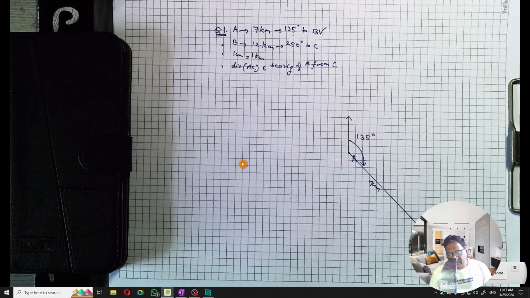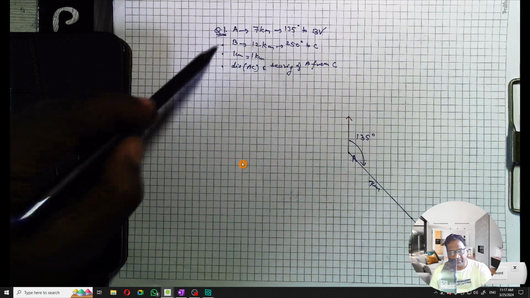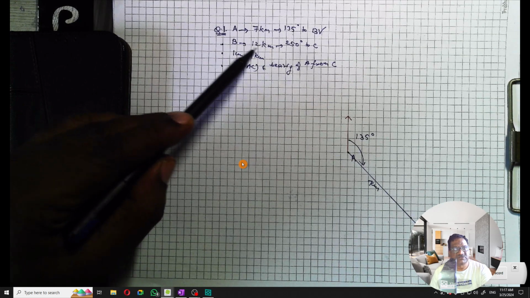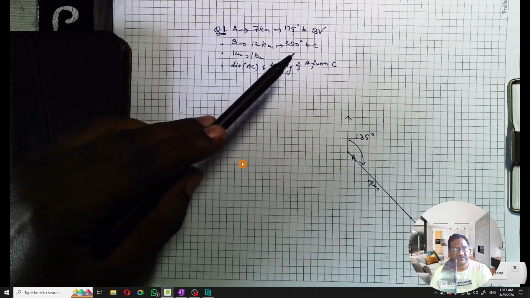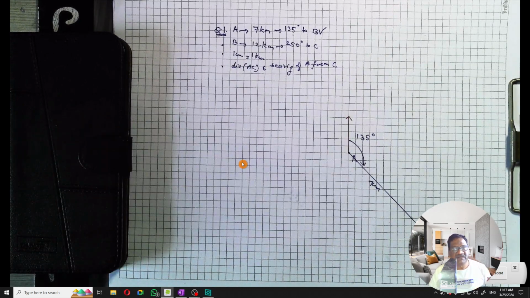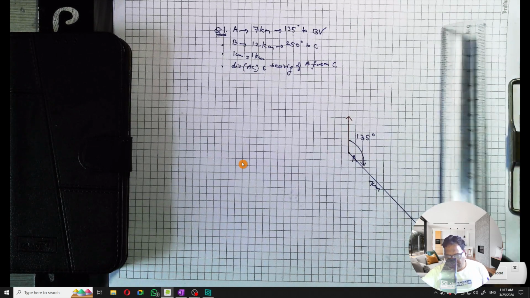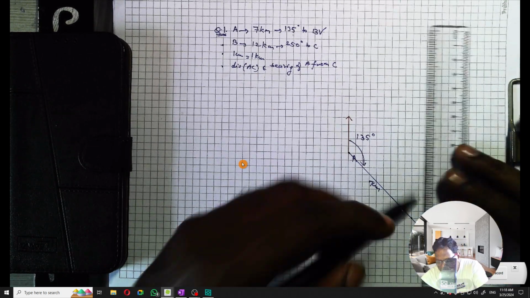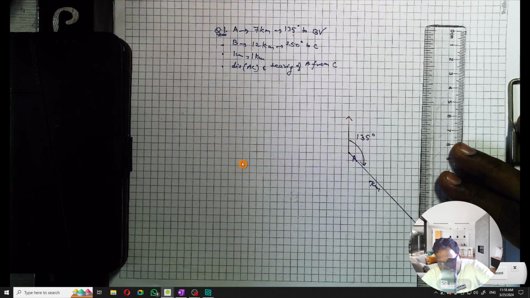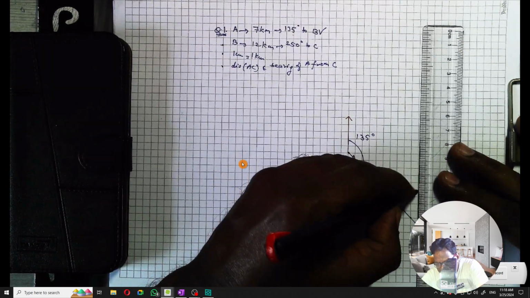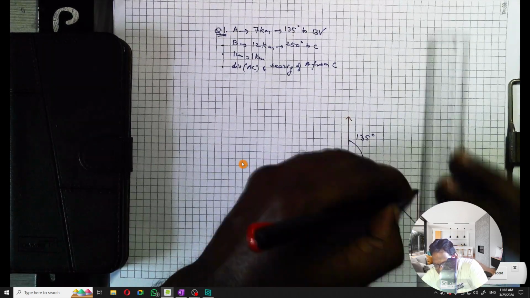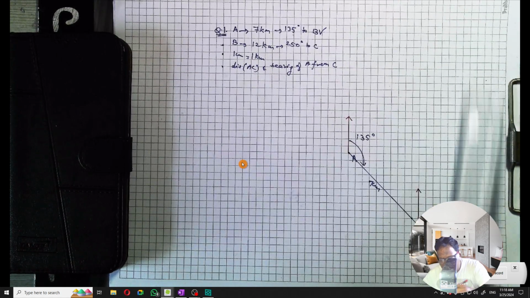Now once this object has reached B, further it says that from B it goes 12 kilometer on a bearing of 250 degree to reach the point C. So what I'll do is on the point B, again I'm going to draw a north direction this way,